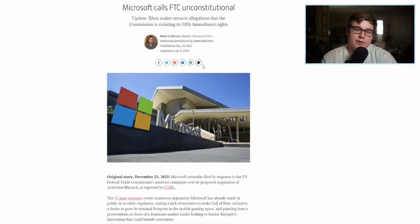And the last thing, we've done the destruction, we've done the future. Let's talk about general pettiness. Microsoft is calling the FTC unconstitutional. They essentially just continue to plead with the FTC that all of their points, that Sony's being petty, and eventually people called them out and said, hey, Microsoft, settle down, just relax. And Microsoft essentially retracted all of the comments that it made against the FTC, but the original comments were,